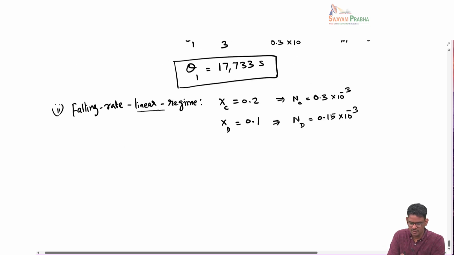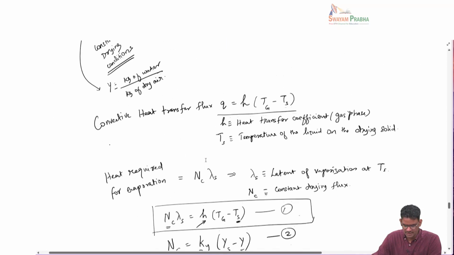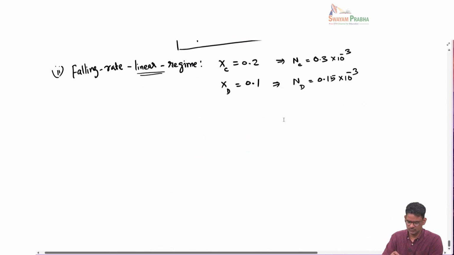We have seen that for the linear falling rate drying regime, we can use the formula that we derived before. It's basically the same formula as for the constant drying rate, except that this N has to be a log mean difference of the two N values at the two end points. So we are going to just replace the constant drying rate with the logarithmic mean difference. So theta 2